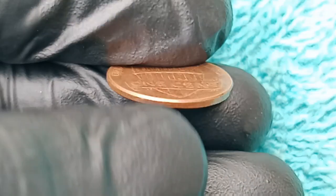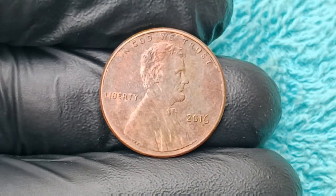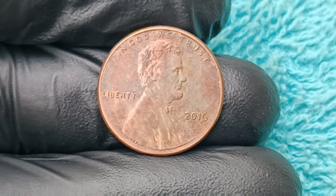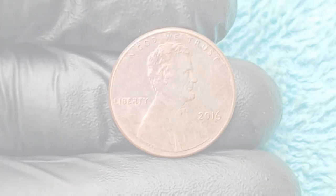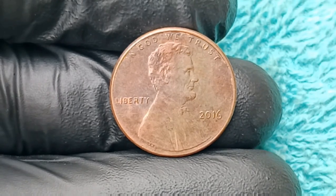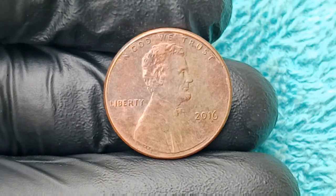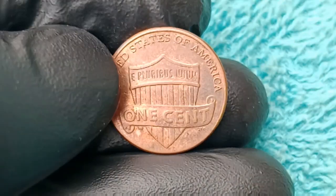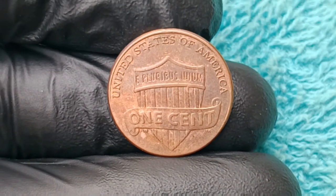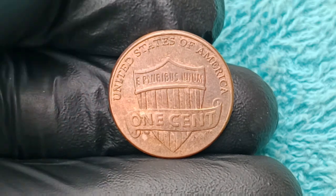emerged was a discovery so outrageous that even seasoned experts at the Professional Coin Grading Service and Numismatic Guarantee Company were skeptical at first, until they examined the coin in detail and authenticated what is now considered one of the greatest modern mint errors of all time, because this 2016 penny wasn't just flawed in one way, it was flawed in at least 7, possibly 8 ways all at once, each one rare in its own right, but together forming an unprecedented storm of minting chaos that created a coin with such insane rarity that its value soared past every